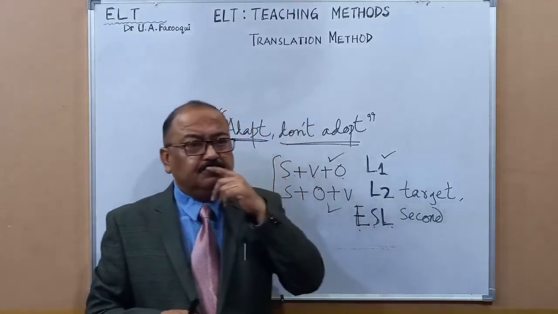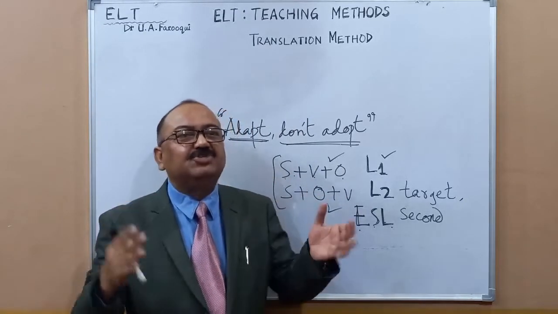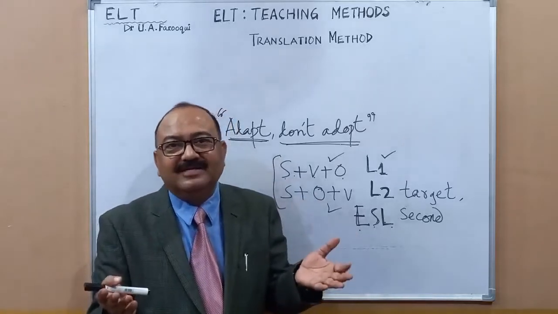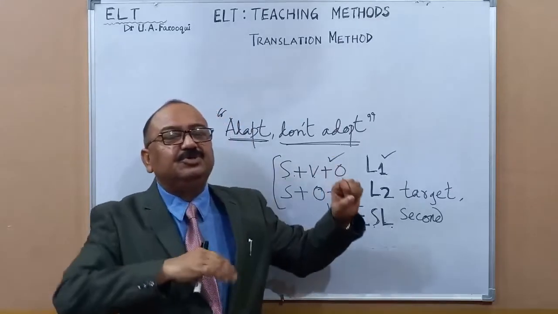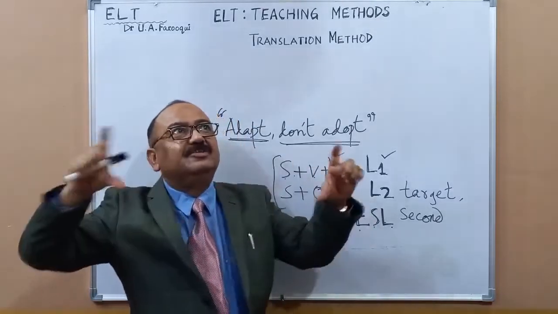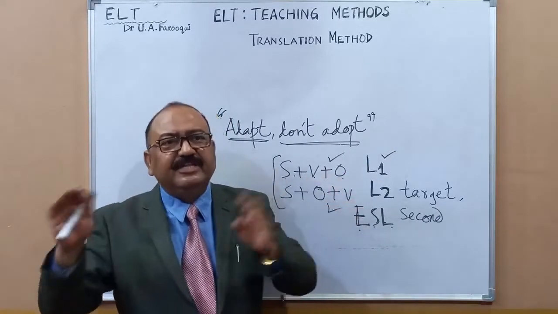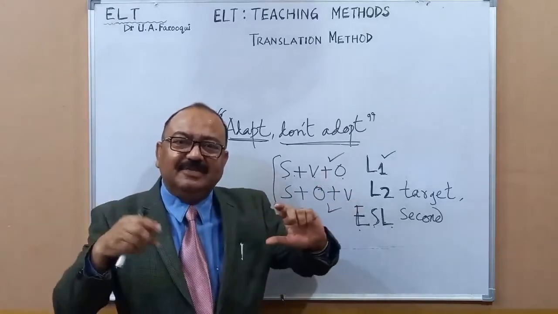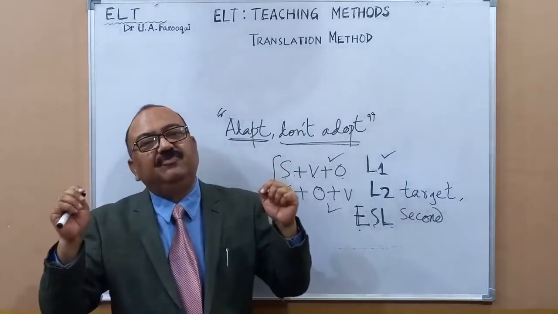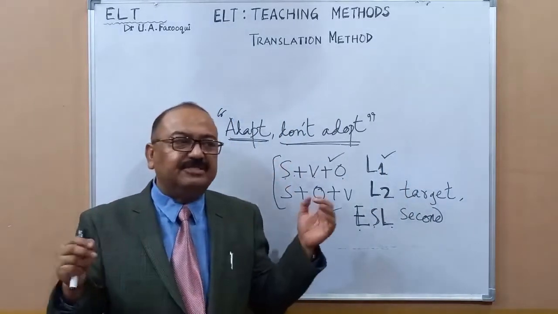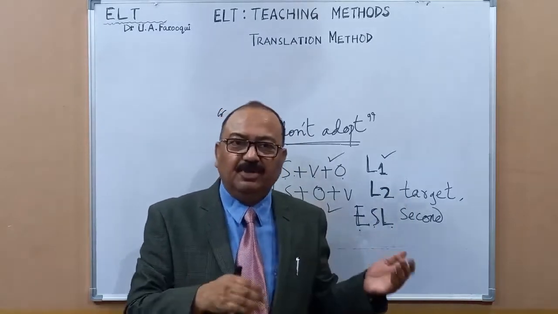Or say, where there is a flower, there is a thorn. जहाँ फूल वहाँ कांटा. You can give this translation. Now your student is going to remember, where there is a flower, there is a thorn. A similar one is, where there is a will, there is a way. So it seems as though this has been influenced by that idiom, because that one is a very common one. This is not that common. Where there is a flower, there is a thorn. जहाँ फूल वहाँ कांटा.